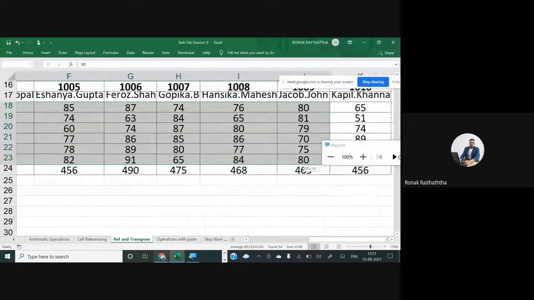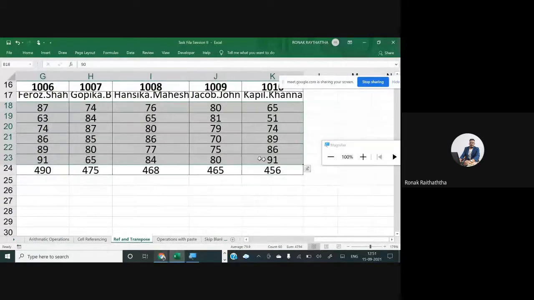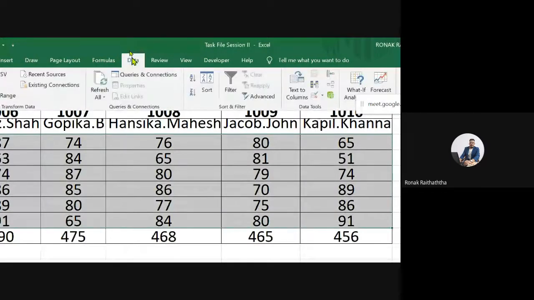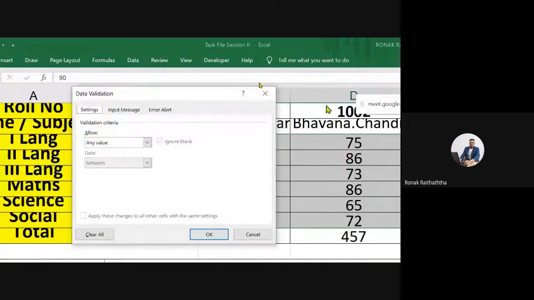Just select the marks of all the subjects. Once it is selected, go to the data tab. In that, go to the data validation, click on it.